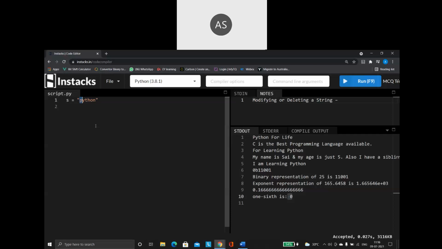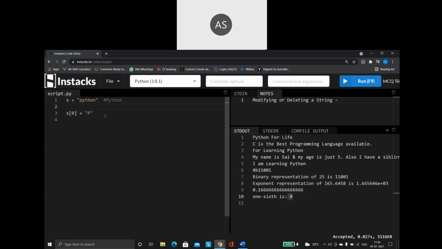Now I want to change it. How I want to change it? I want to change it as a capital P. So I want the string like this, Python. I want the string to be printed like this. How to do that? So let us simply say, I am saying s of 0. This is my 0 index position. We know that strings are being stored based on index value. So if I am saying s of 0 is equal to, instead of small p, give capital P.